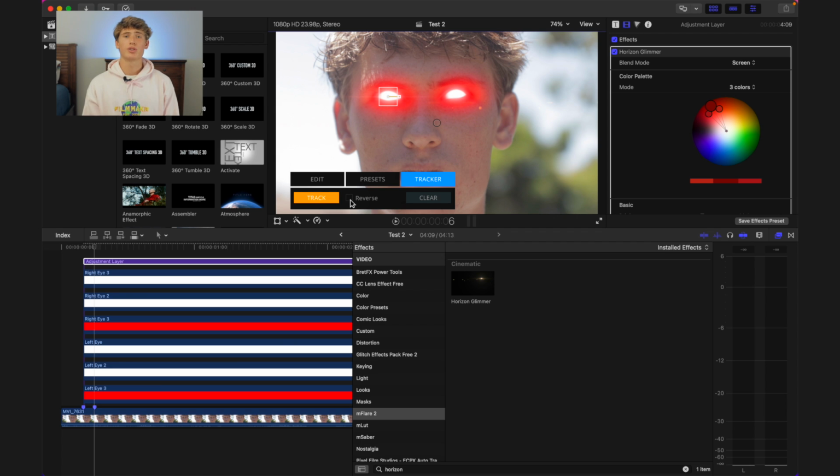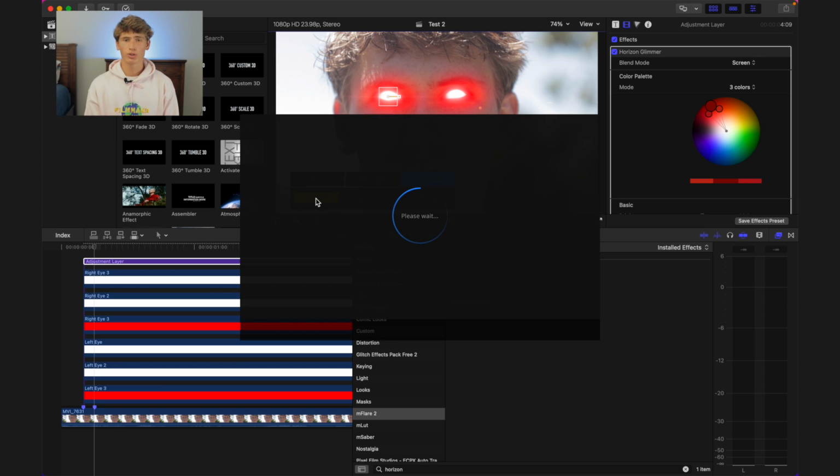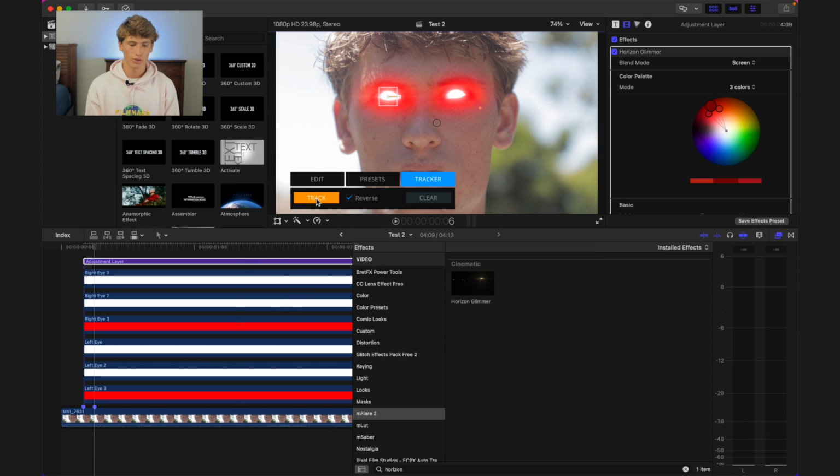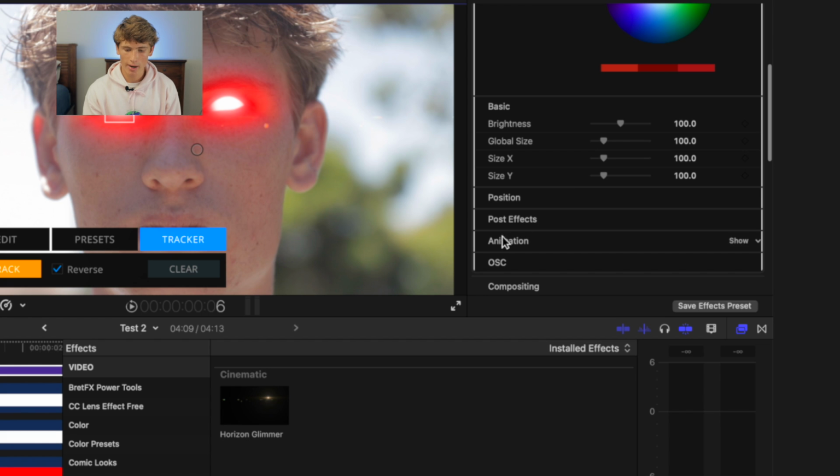And then we also need to track backwards, and we can just click on reverse and hit track, and it will track those few frames backwards. So now that we have the entire thing tracked, we're gonna adjust some of the settings to make the flare look beautiful. So let's scroll on down, and right on post effects, we're gonna click on show just to drop